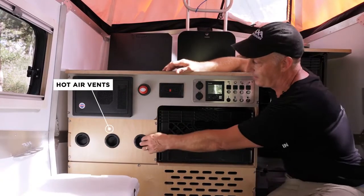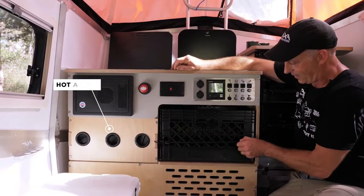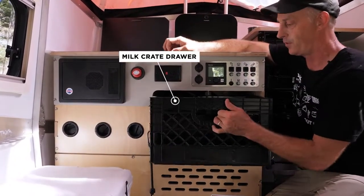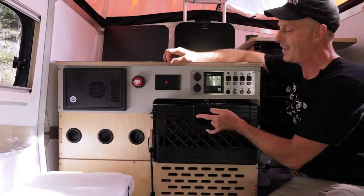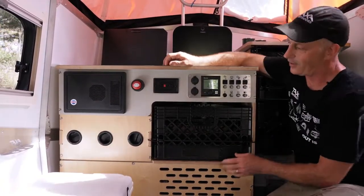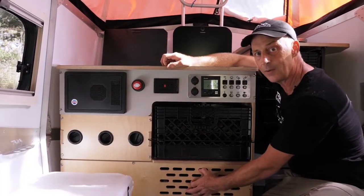Down here are the vents for your furnace to keep you warm at night. We have a system that you'll see more of, a milk crate storage system. It's both a drawer, but also if you're cooking outside, you can take your whole kitchen storage outside in one easy go. The bottom third of this unit behind this panel is the Truma, which is the hot water heater